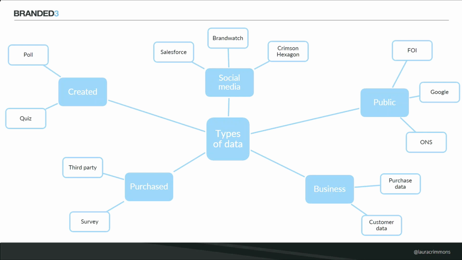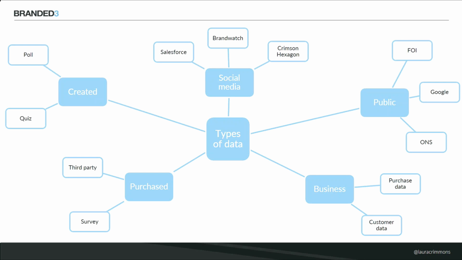So freedom of information requests are great, and the other great thing about a freedom of information request is that it's a source that journalists use themselves. So when you're selling the campaign in, they know it's trusted data because it's the kind of thing that they use to create their own stories as well. So it's not as much of a hard sell for you. You've just kind of done that bit of work for them.